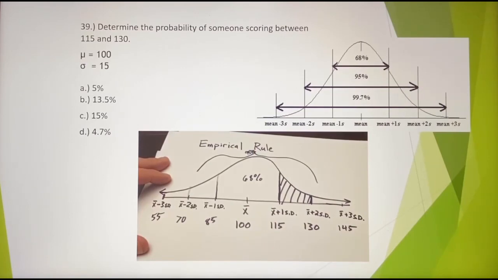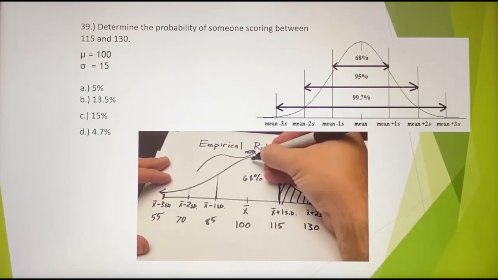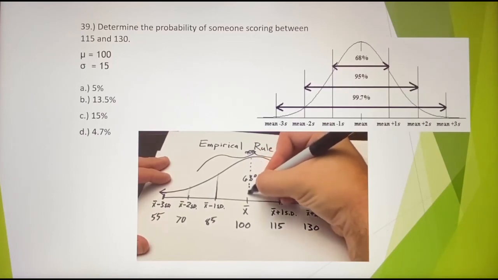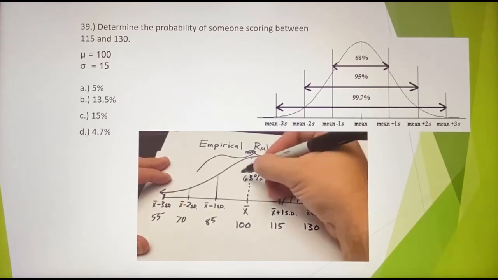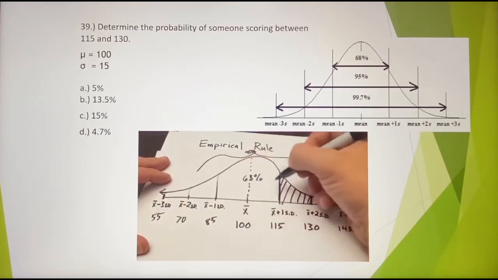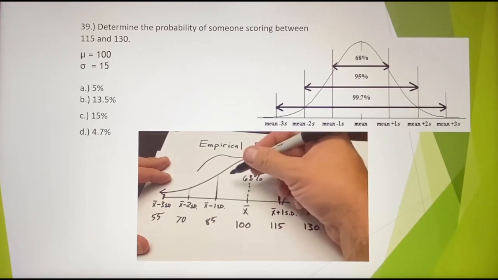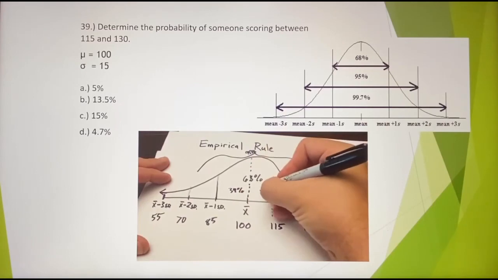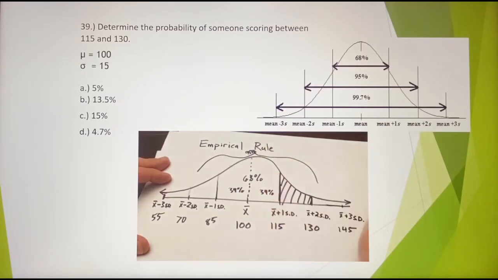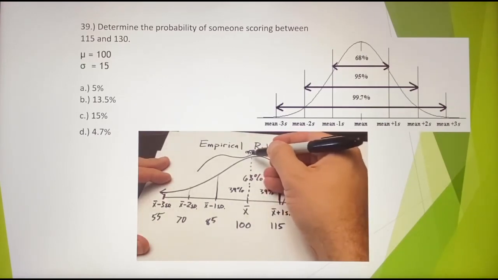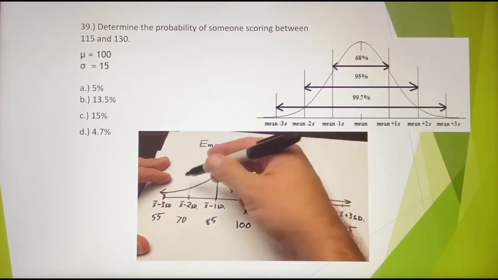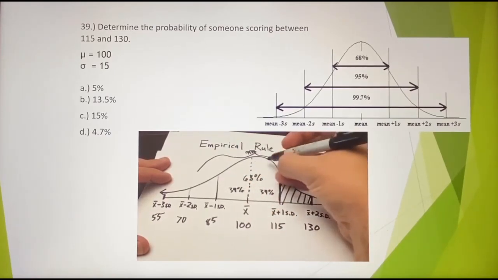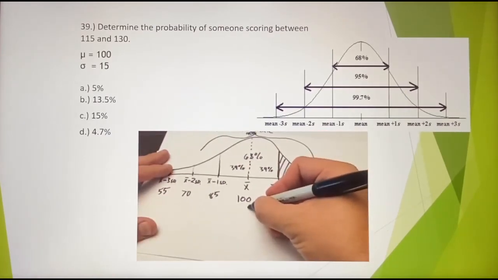Okay, because the curve is symmetric, I know I could cut it right down the middle and say, okay, well, if 68% is between one standard deviation, that means 34% is down here, and then 34% is on the right of the mean. We can do that similarly if we take the 95% and we can figure out just from down here,